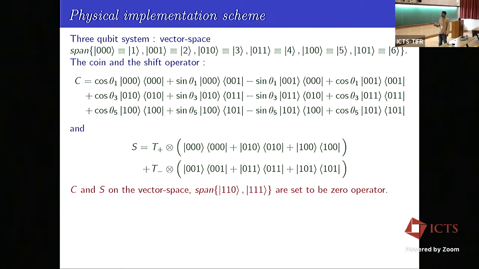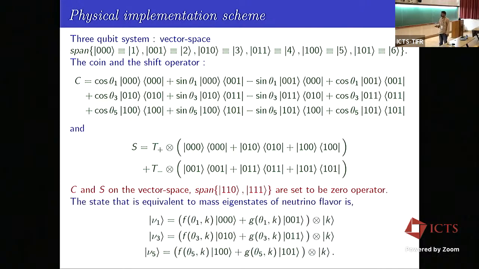So these 2 are ignored. So I will be having the 6 possible basis states. A shift operator will be exactly like the way we had for a single particle. So now the basis for them, or the equivalent state for each flavor, would be a superposition of the combination